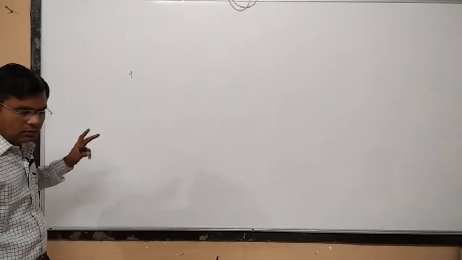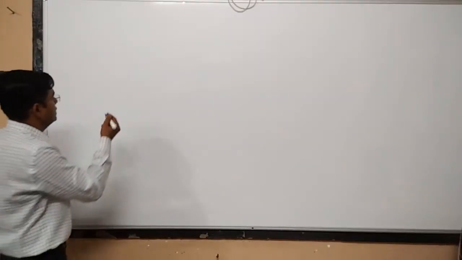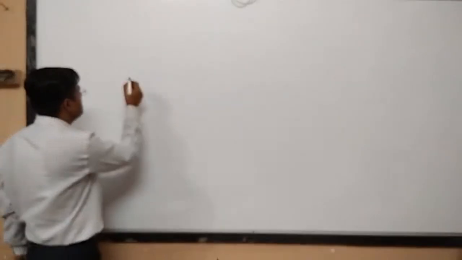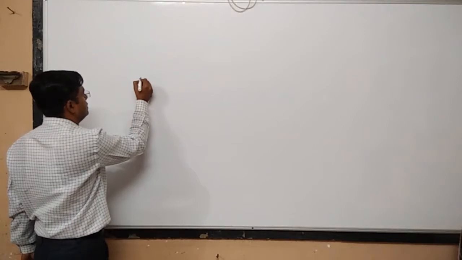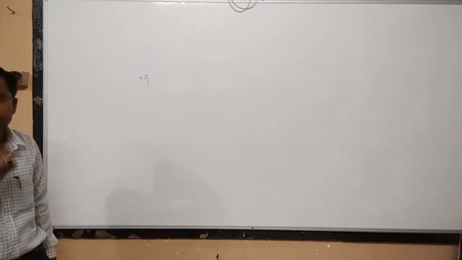Okay, now let us consider that all these things we already know. We are just doing some sort of revision. So let us consider that this is a space, and in this space I have deposited one particular charge, suppose plus q. So there is a charge plus q in the space.